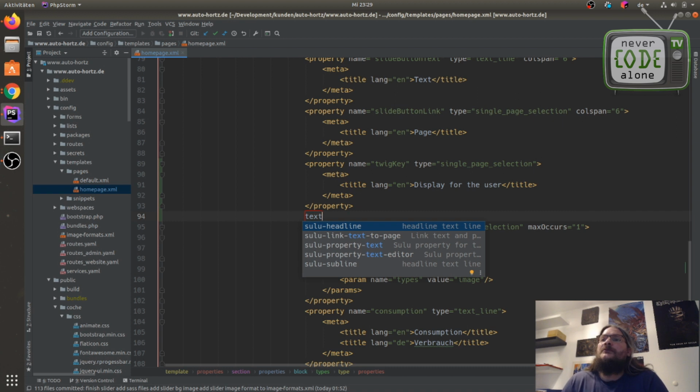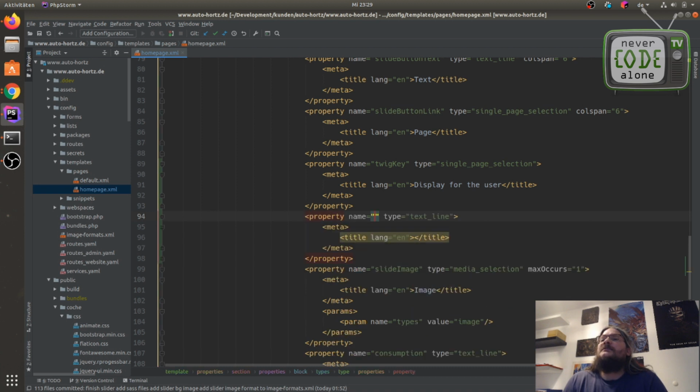I have this Zulu text, and you see here there are many similar templates, and I use now just a simple text, and I can say, okay, my property here has another Twig key, and it's the same as in the single page selection.